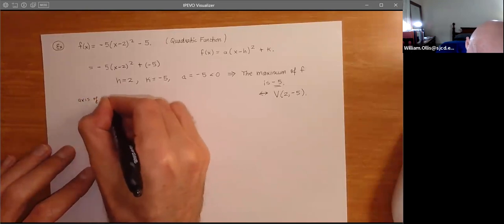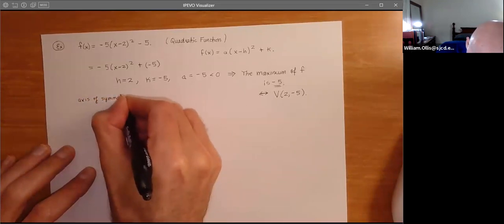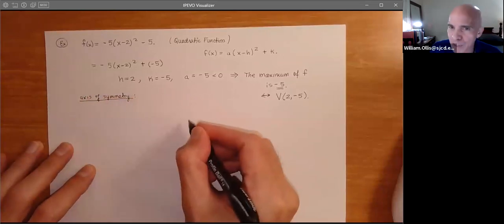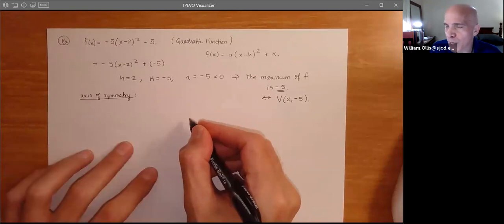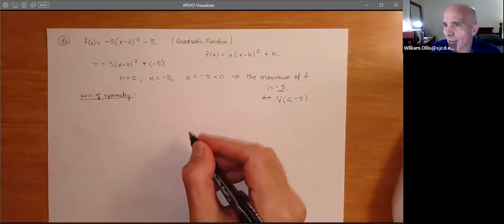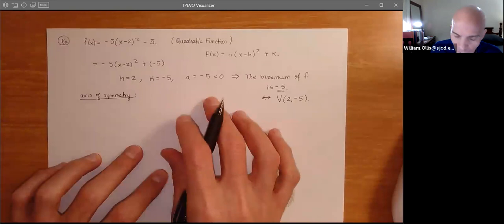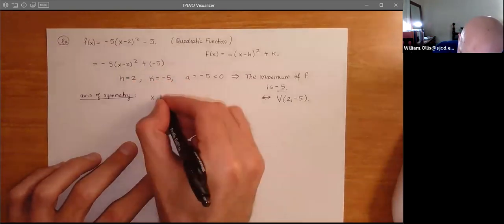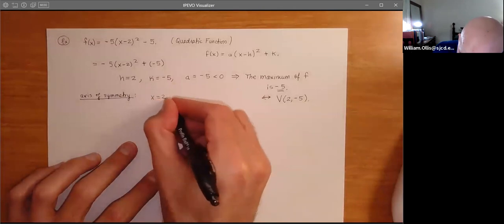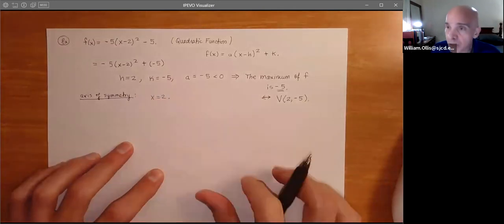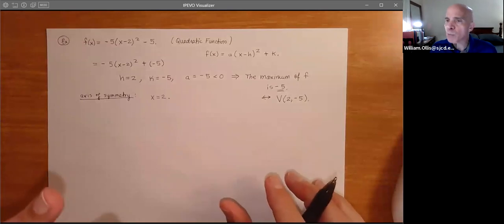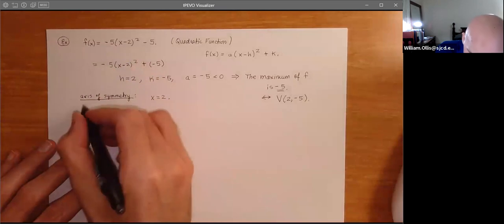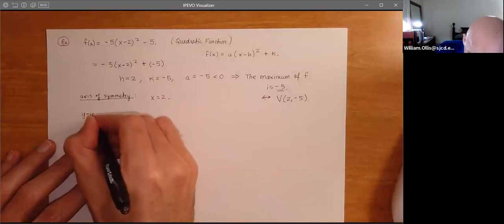Just go ahead and write everything down to get practice with this, because this is a lot more complicated than the inverse functions and the compositions. That was pretty simple. The transformations are not hard. You know how to do that, but this is more complicated. So now the axis of symmetry is just x equal h, x equal 2. And then we're thinking, okay, well, let's just see what else we can get. This is not in the best form, but we'll go ahead and get the y-intercept, and then we'll look for